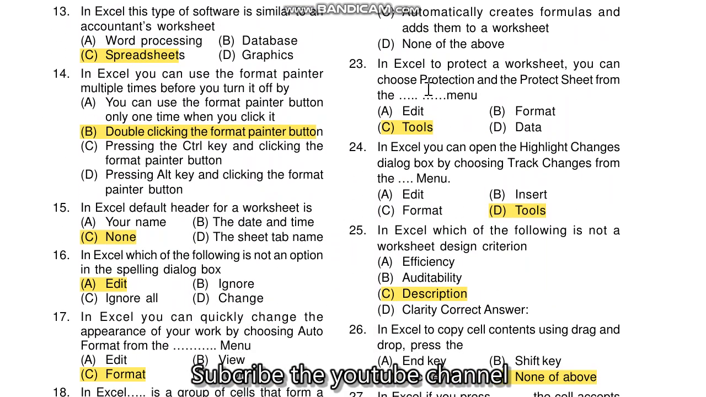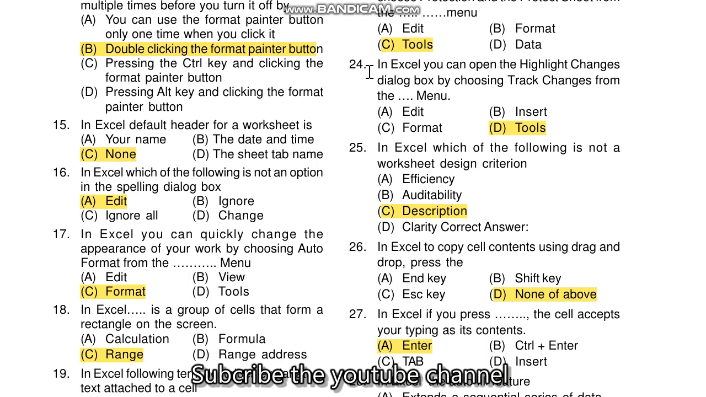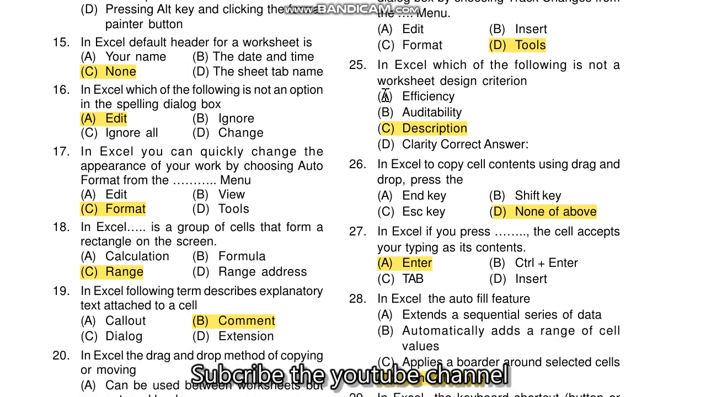Question number 23, in Excel to protect a worksheet you can choose the protection and the protect sheet from the menu tools कहलाता है। 24 question, in Excel you can open the highlight change dialog box by choosing the track changes from the menu tools कहलाता है। 25 question, Excel which of the following is not a worksheet design criteria description कहलाता है।